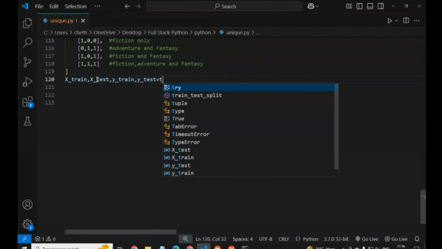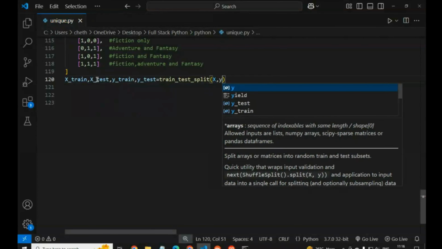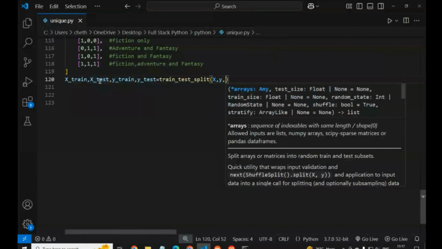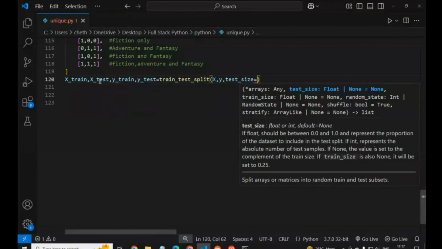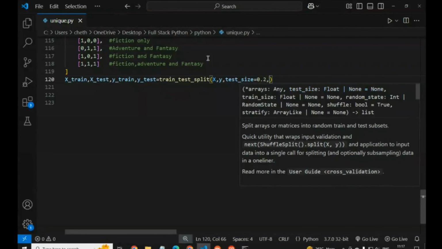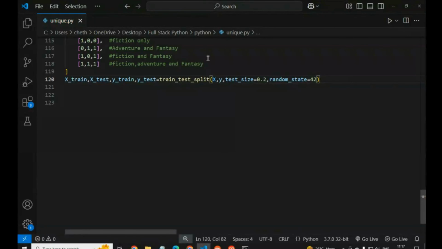Then we write train_test_split, with x, y, and test_size. How much is the test size we have given up to now? 0.2. What is meant by 0.2? 20%.